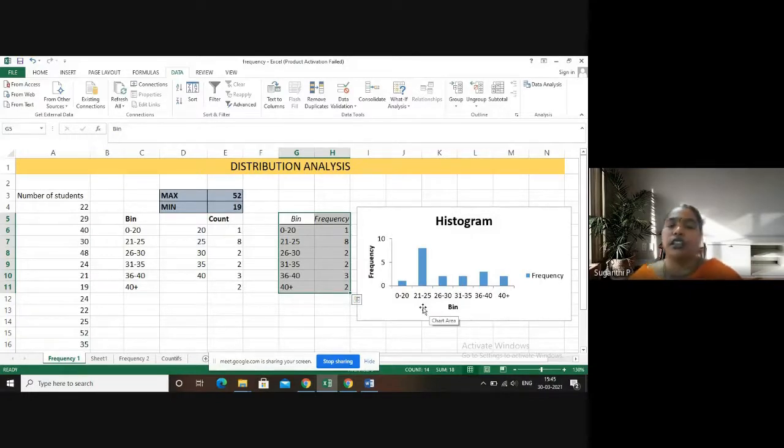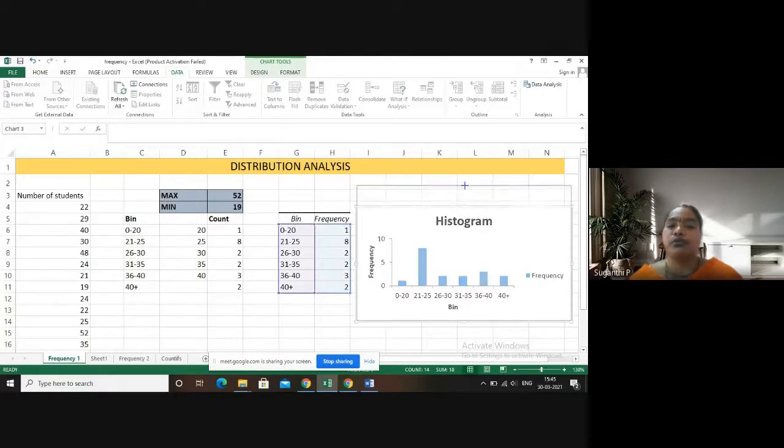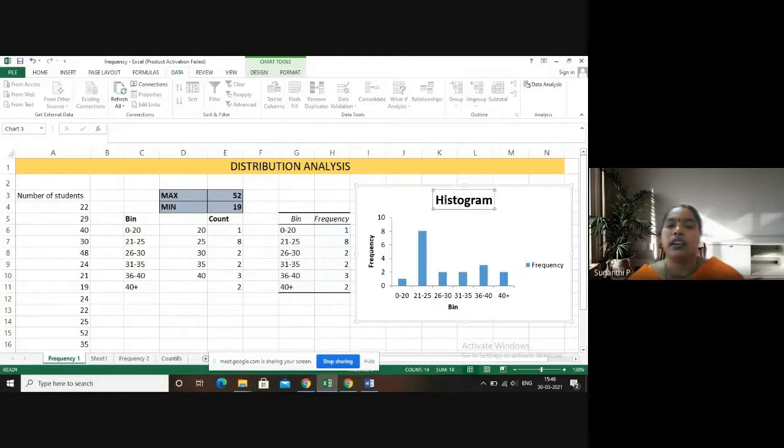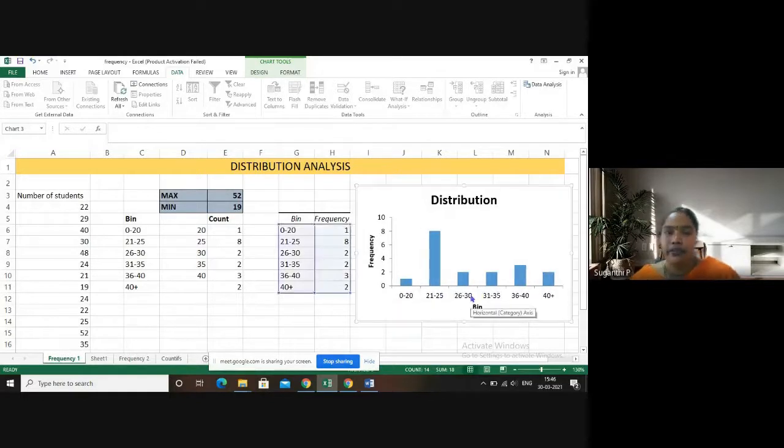Now it is up to you to do all the beautifying work for the chart. Instead of Histogram, you can give the title as Distribution. And if you don't want to see the frequency label here, you can delete it, so that you will have more space and the visualization will be very good.